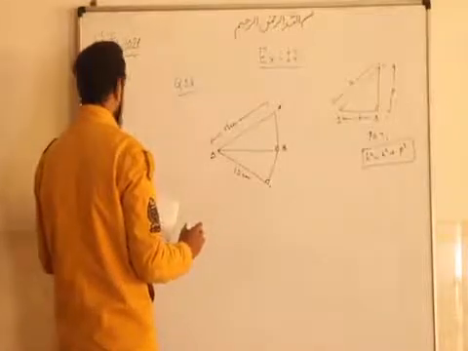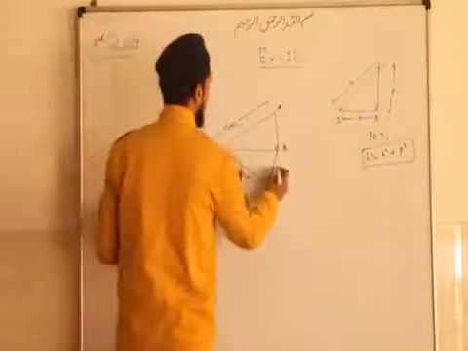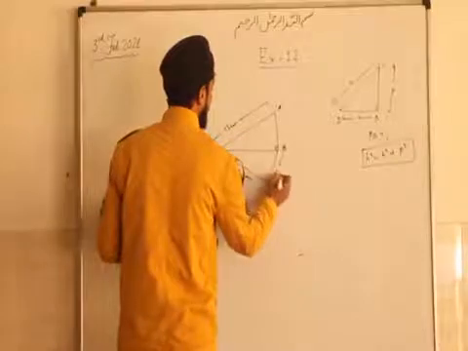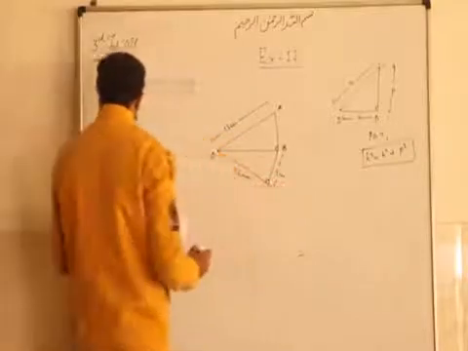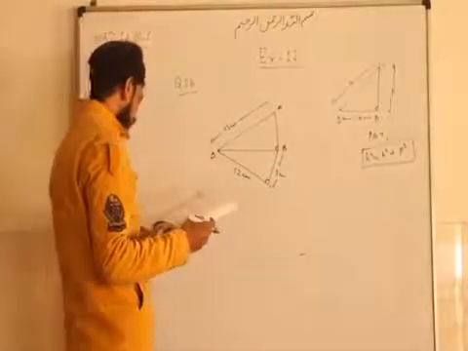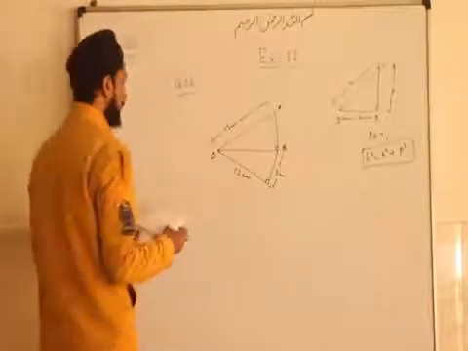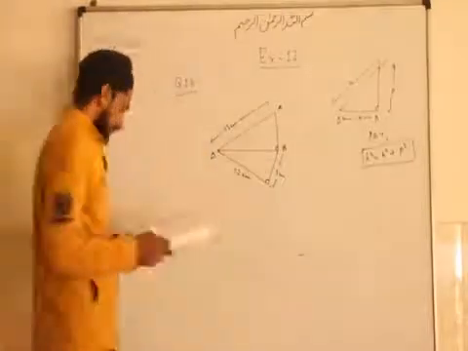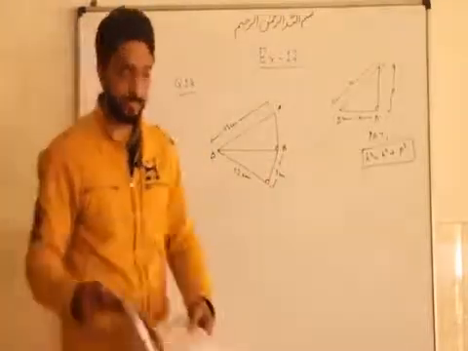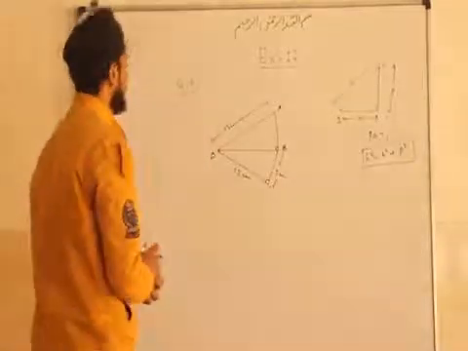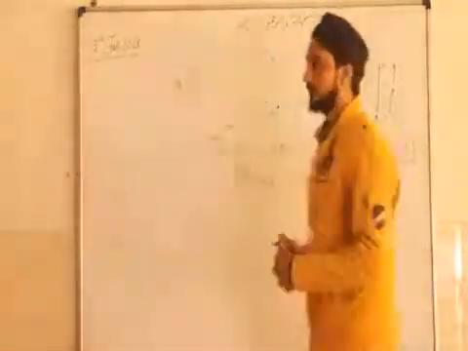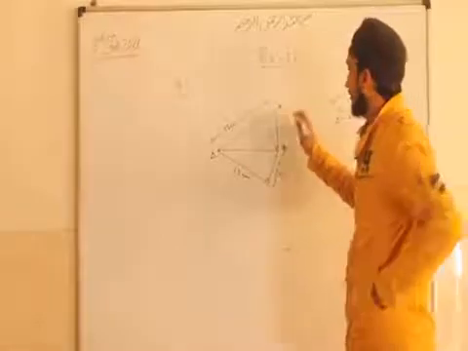And BC is 3 centimeter. This is BC. Here to here this is 3 centimeter. And angle ABD equals angle BCD equals 90. These both are 90. So calculate the length of AB. So we have to calculate this AB. First we have to calculate BD. This one we have to calculate, right?